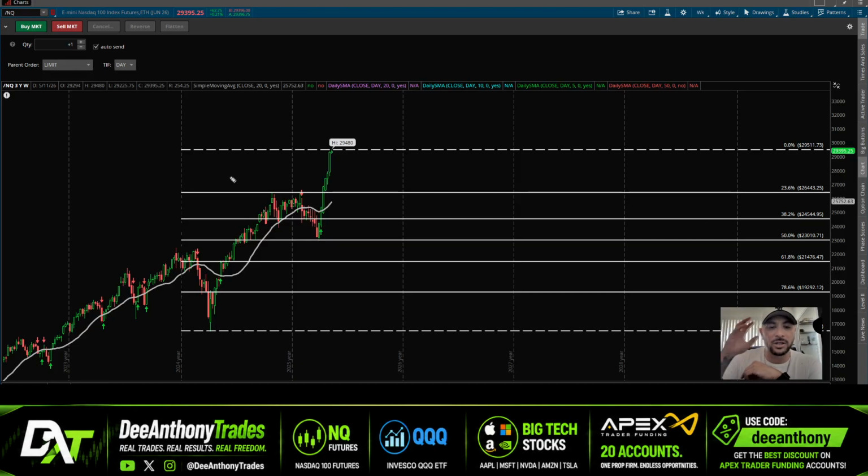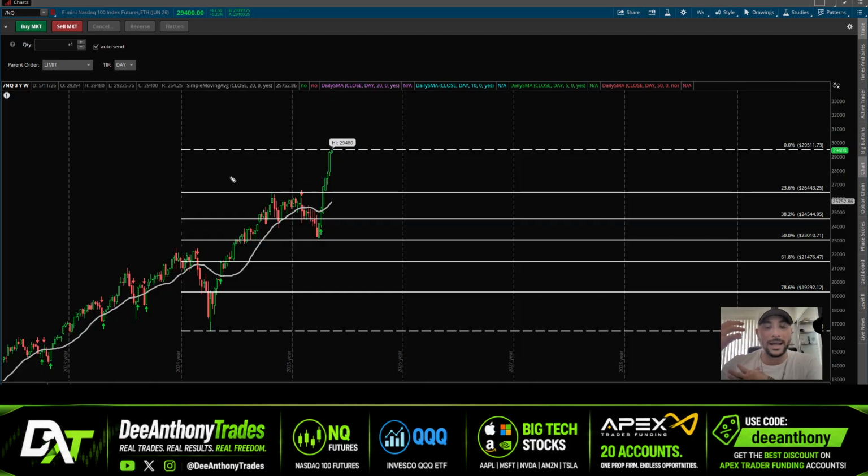You don't want to be bearish. You don't want to pick the top. You just want to be mindful that even though I'm continuing to go with the trend, I understand that the market can pull back and it does not have to put us into a bear market. It does not have to make a new low. It doesn't have to take out the 9% low that we had in March.